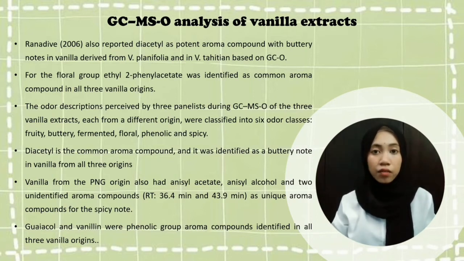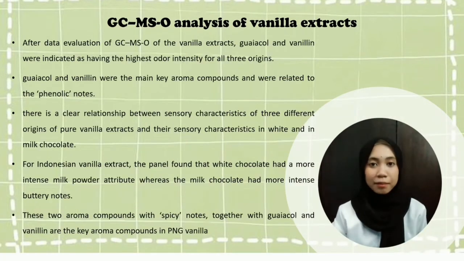The level of vanillic acid was highest in the Indonesian vanilla extract. It is clear that the V. tahitensis extract, which originated from PNG, contains the highest amount of anisaldehyde and anisyl alcohol. Both analytical methods, such as QDA with trained panels and GC-MS-O analysis, show that there is a clear relationship between the sensory characteristics of three different origins of vanilla extract and their sensory characteristics in white and in milk